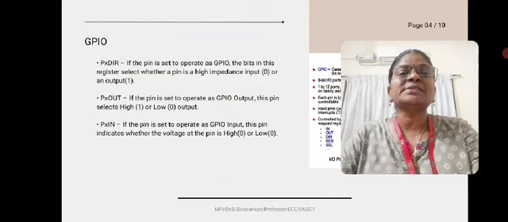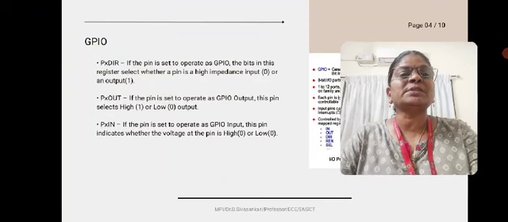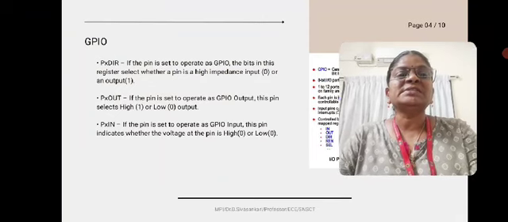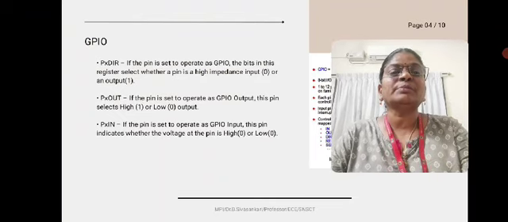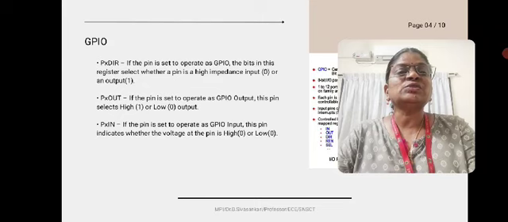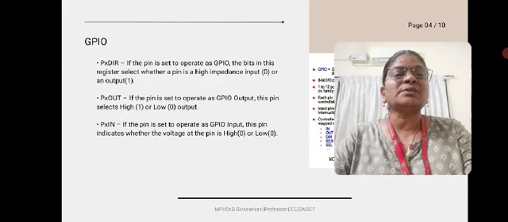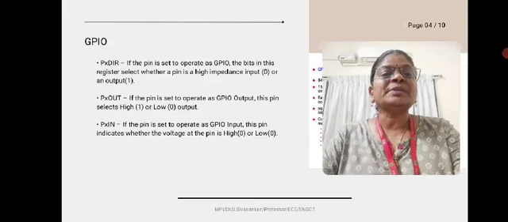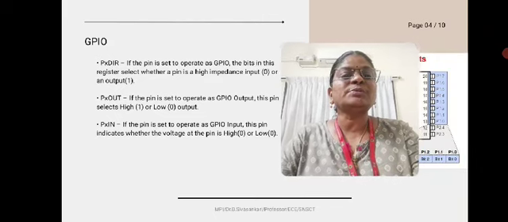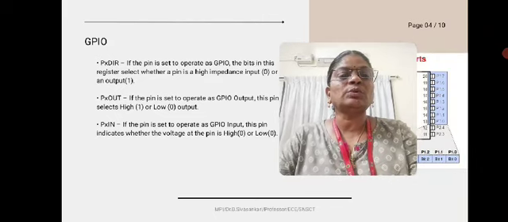GPIO. So PxDIR: if the pin is set to operate as GPIO, the bits in this register select whether a pin is a high impedance input or a low impedance output. So if the pin is set to operate as GPIO output, this bit selects high or low. So if the pin is set to operate as GPIO input, this bit indicates whether the voltage at the pin